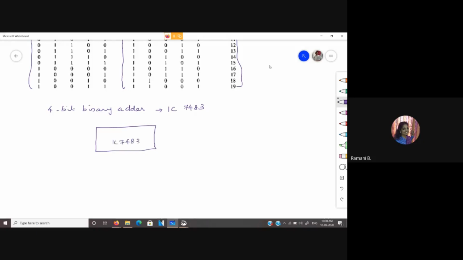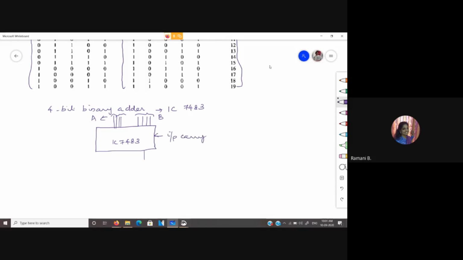It will have a different pin structure, I am just giving the generic representation. It will take two 4-bit numbers as input. Let this be number A and let this be B. And it will also have an input carry.